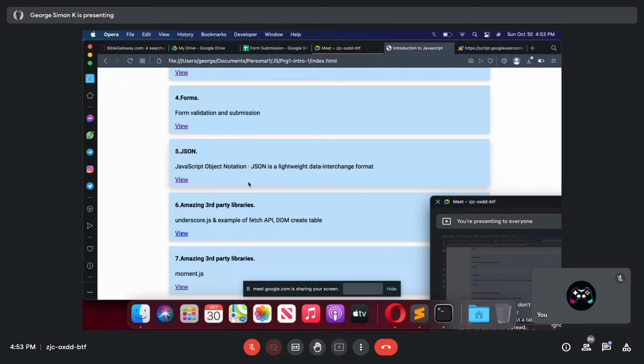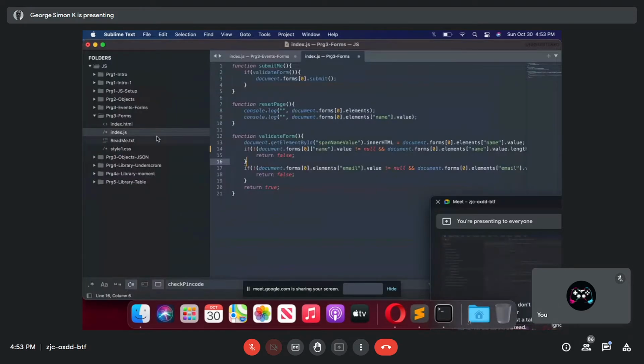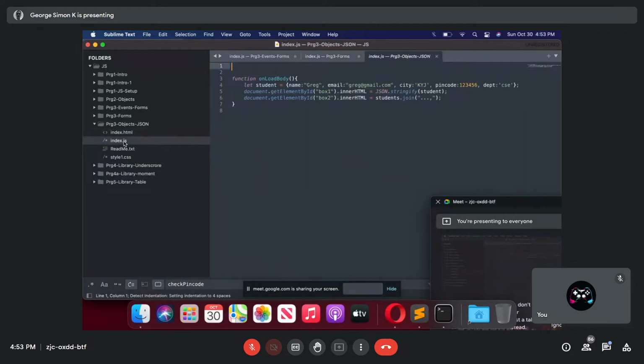JSON is very simple. I'll just show the example of a JSON. This is a JSON. Basically, it's an object. And in the introduction, whoever did the introduction, they said one word, JavaScript is a lightweight programming language. Indeed, it's lightweight. See, look at the way I'm creating an object here.